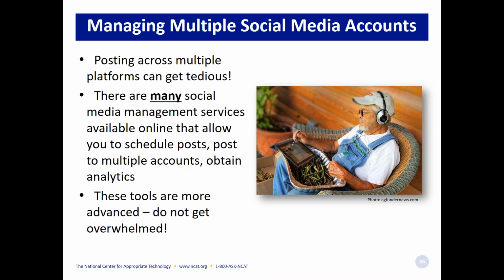Okay, we're going to wrap up by briefly discussing some tools you can use to manage multiple social media accounts. If you get to the point where you have a Facebook, you have an Instagram, let's say you've got Twitter, you've got Pinterest, you're really going on all cylinders, it can get pretty overwhelming, and some people burn out on social media pretty quickly. And even if you only have 2 accounts, I would suggest looking into some of these